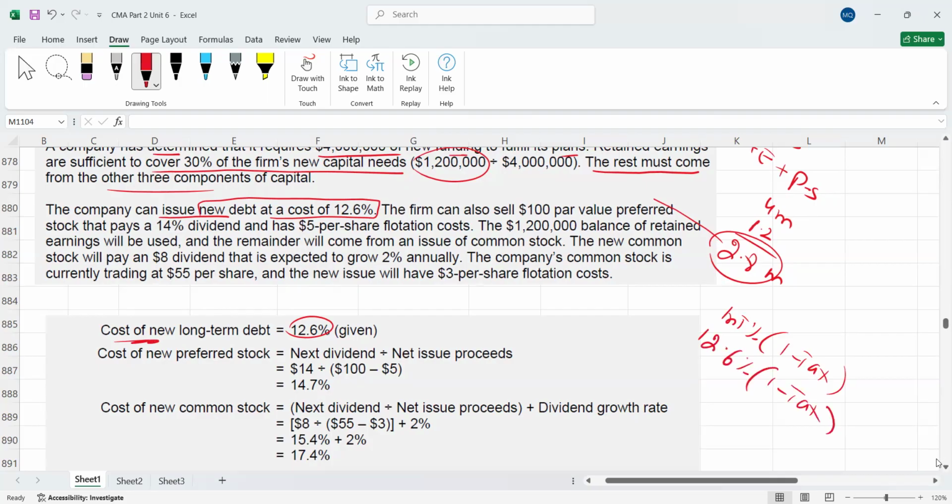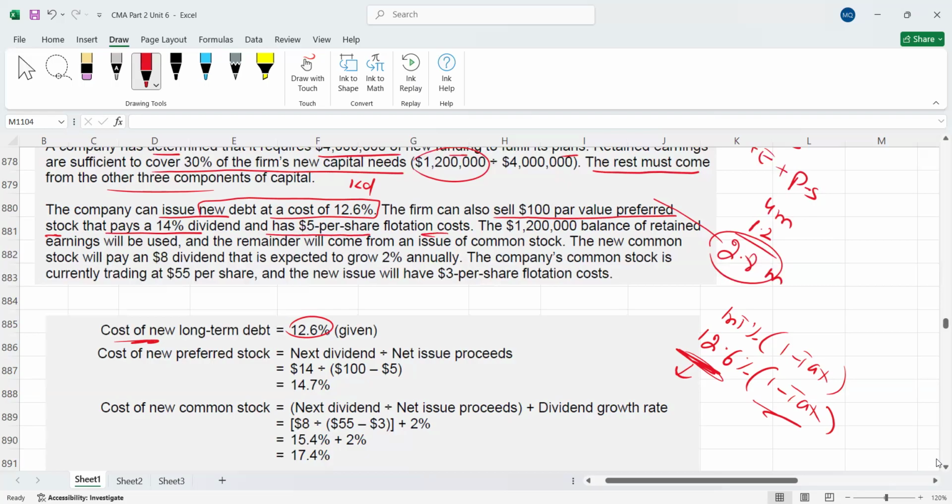So tax, I believe, is not available in the question. So it means this is going to be your cost of debt only. Okay, because in this question tax is not available. But if it is there, then you have to take 1 minus t. So this is going to be your cost of debt. Okay, we'll see if the tax is there or not. So let me go through. I believe it's not there. So the firm can also sell $100 par value preferred stock that pays 14% dividend and has a $5